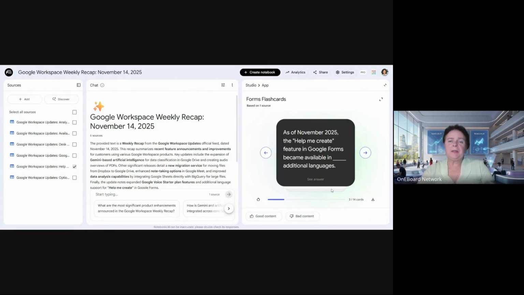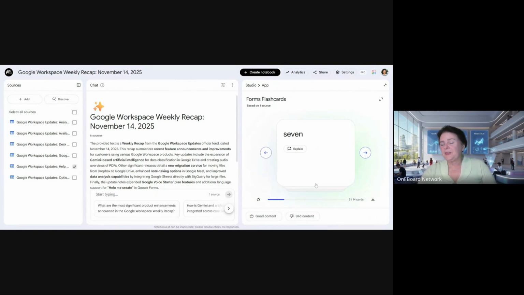See, and in November, the Help Me Create feature became available in 7 additional languages. So this is how you can use it. It's widely used now in universities by students and teachers, but if you're on the go or on your computer digesting new information, a learning assistant is a great